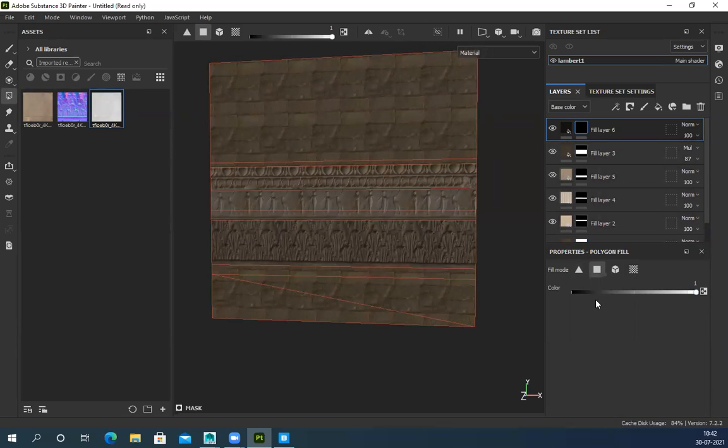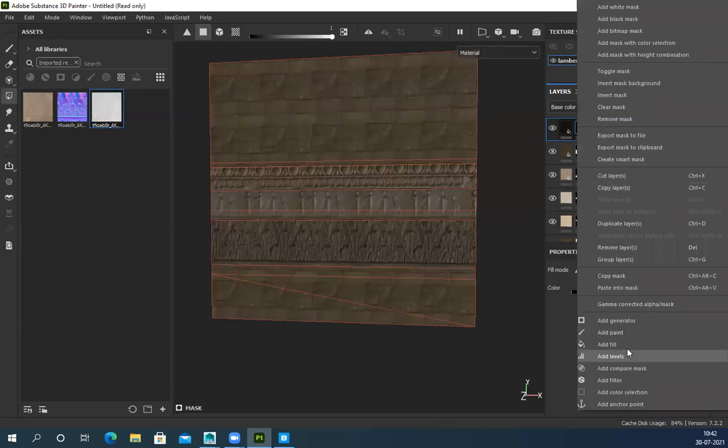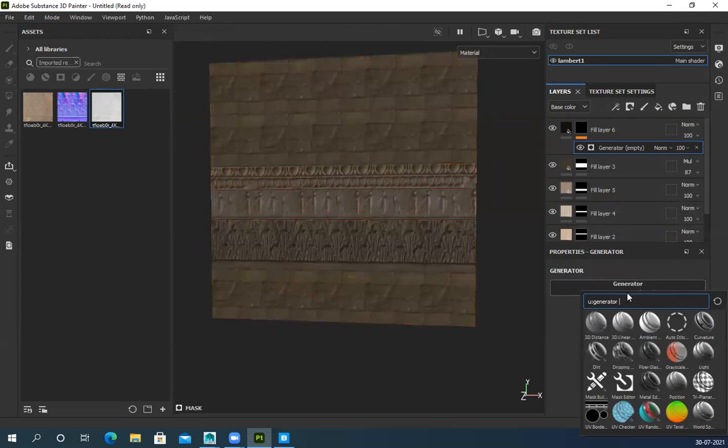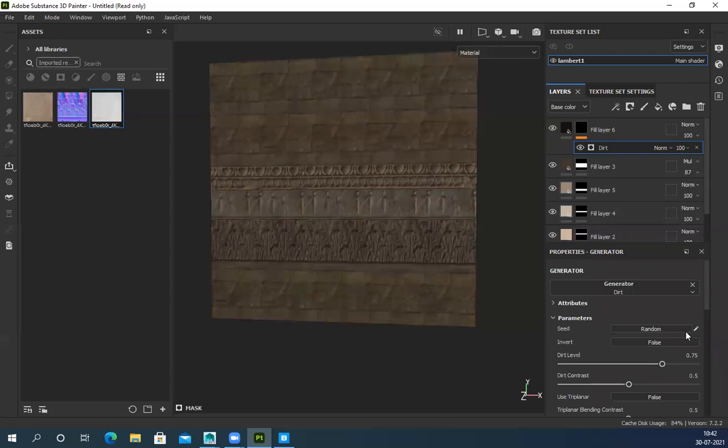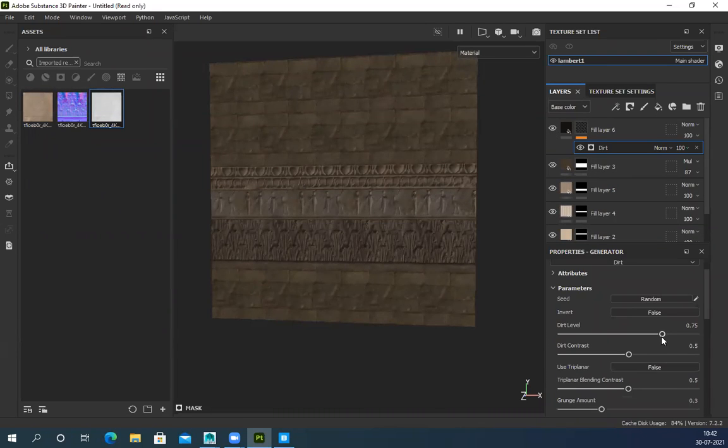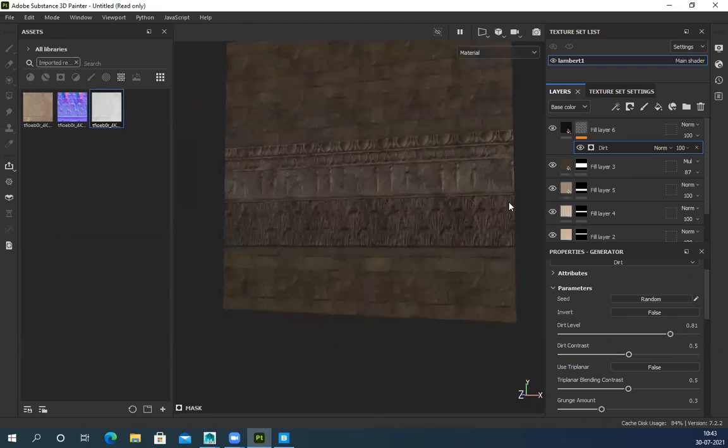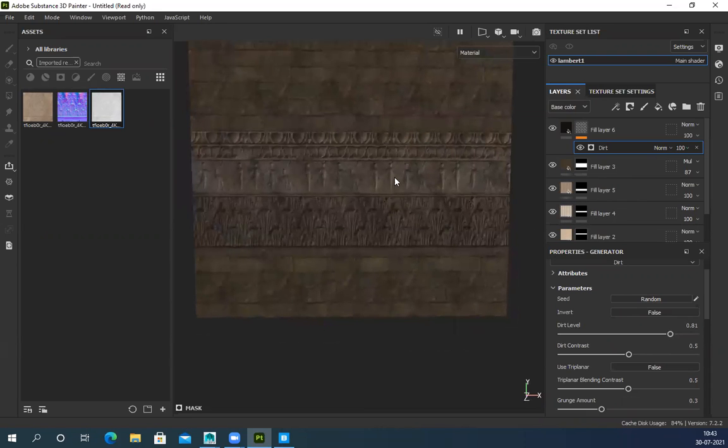Super matte. And then I can simply add a generator, dot. Randomly I'll generate dots. You see, I'm generating dots. So I can decrease the level of dots. And I can use an anchor point to generate these specific dots. Suppose this area, this one, right?